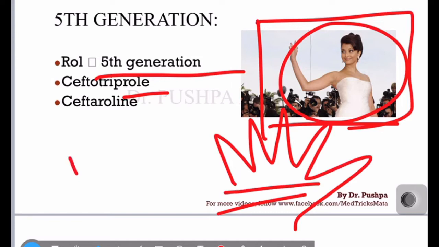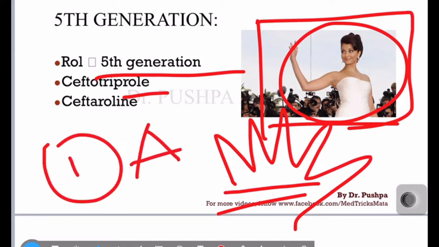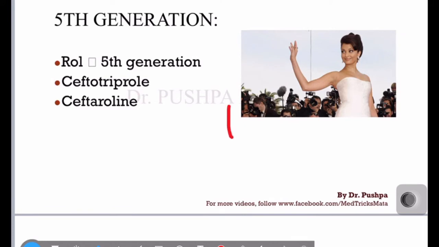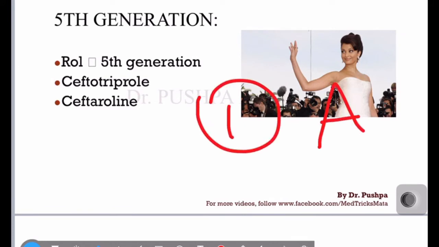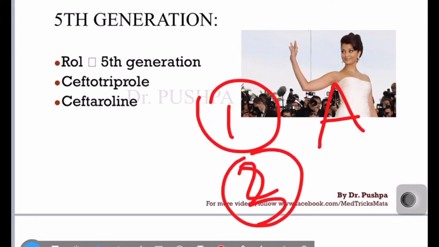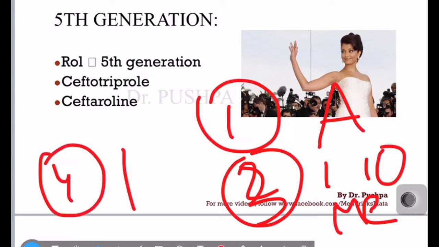So first generation we spoke about, first letter is alphabet A. Okay, let's revise everything. First generation will have the key is A. Second generation I'll be telling you soon. And the third generation is about in a room there are three people. One will say 1, and second one will say 10, and the third one will say me. Okay, so this is all about the third generation drugs. And the fourth generation drugs will have pi in it. Okay, so 4 pies or 1 pie costs around 4 rupees. Okay, and the next one is fifth generation.